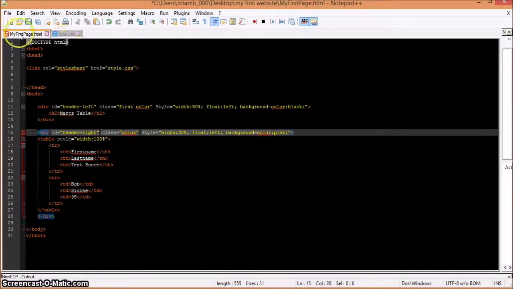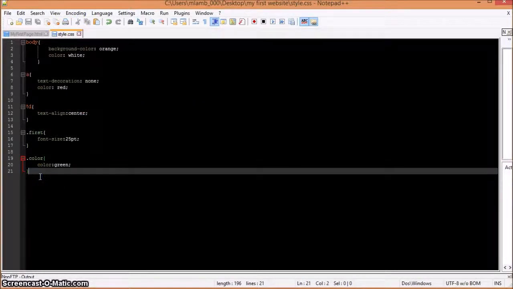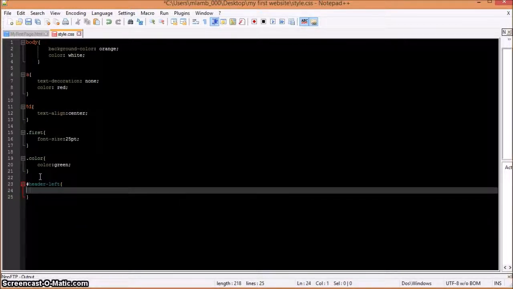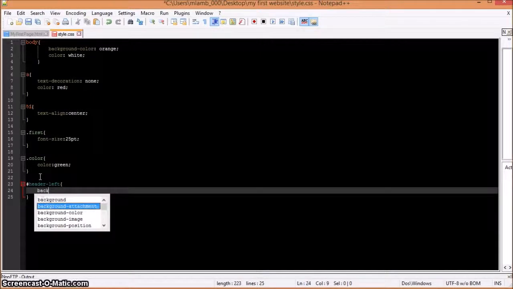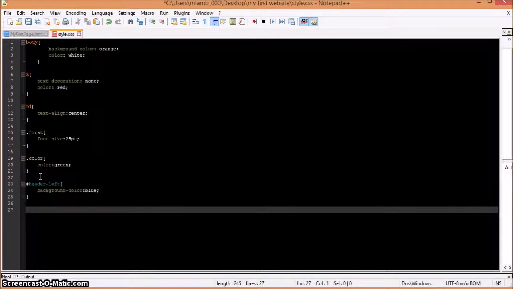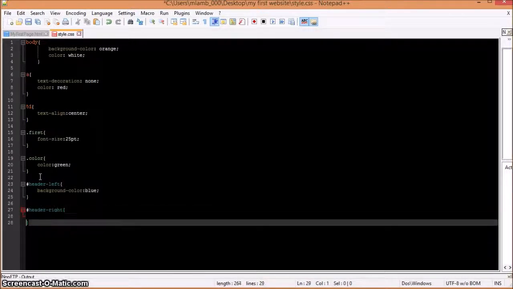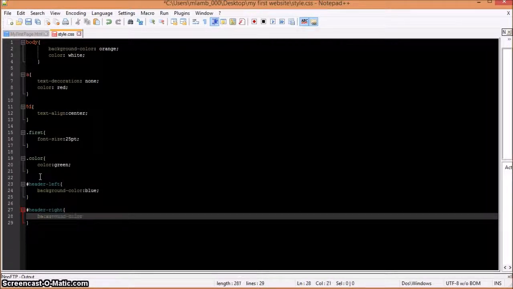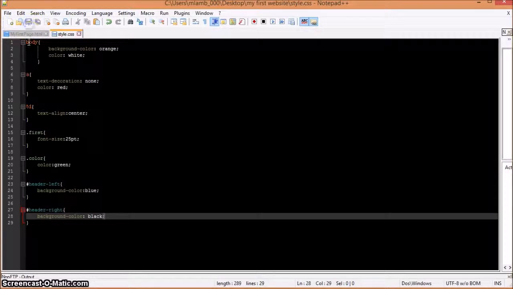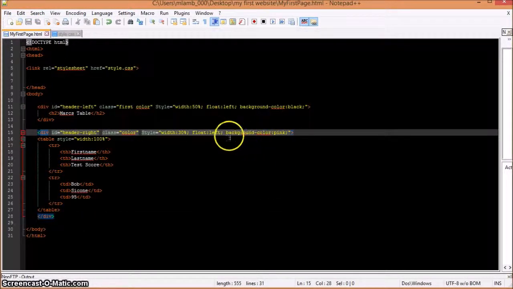So now what we can actually do is we go over here and we do this, and we go header left, and then we put in here what we want to do, and we do the same thing for header right, and let's go black, and then let's save this, and we go back over here, and what we actually need to do is